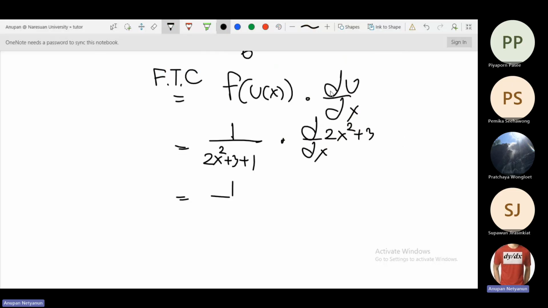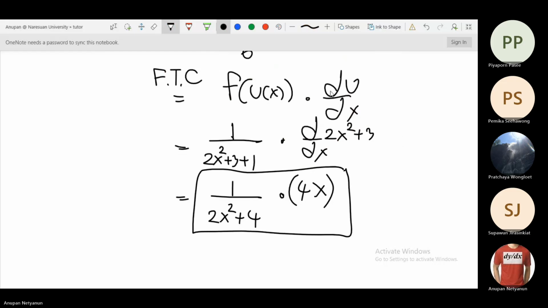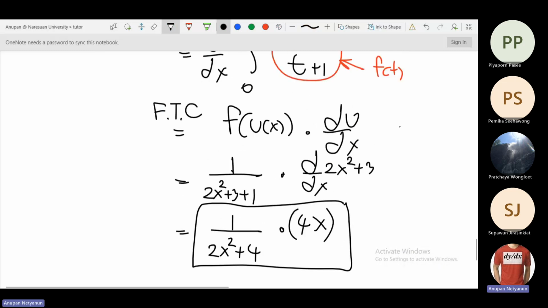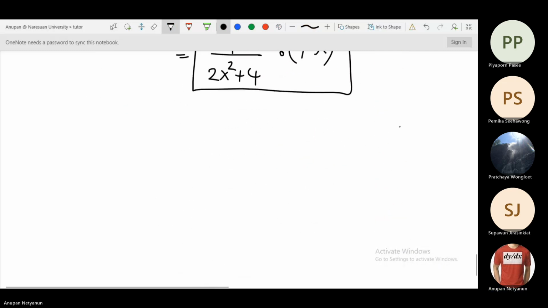So the result is 2x squared plus 4 times the derivative of this. This is 4x, and then the derivative of this is 0. Okay, so that is your solution ครับ โอเค เนี่ยก็จะประมาณนี้นะครับ ตอนนี้คิดว่าที่ผมจะพูดต่อไปนี้ไม่น่าจะออกนะ